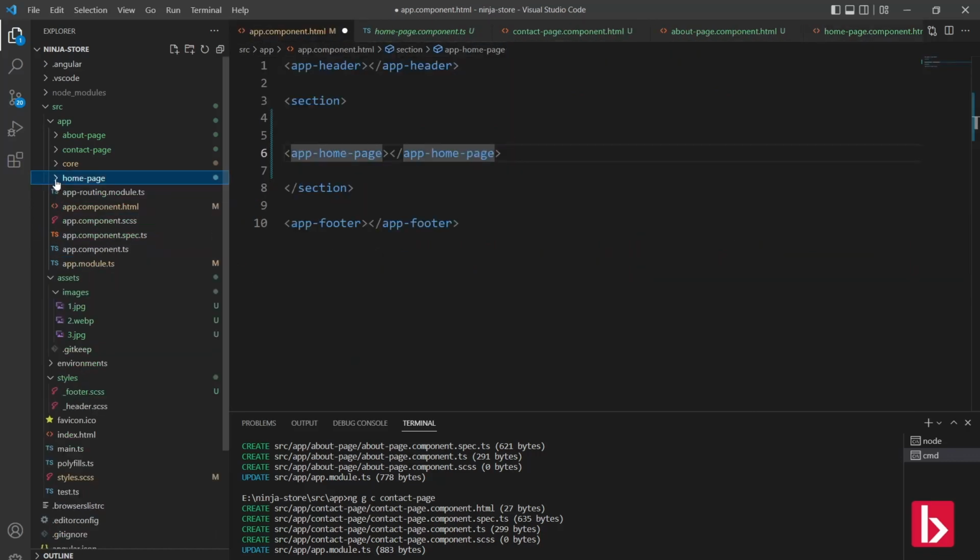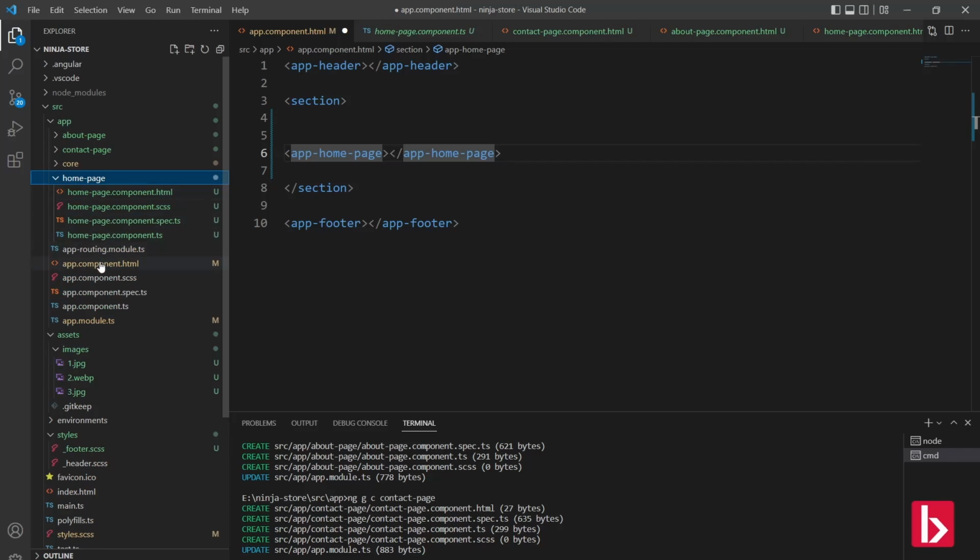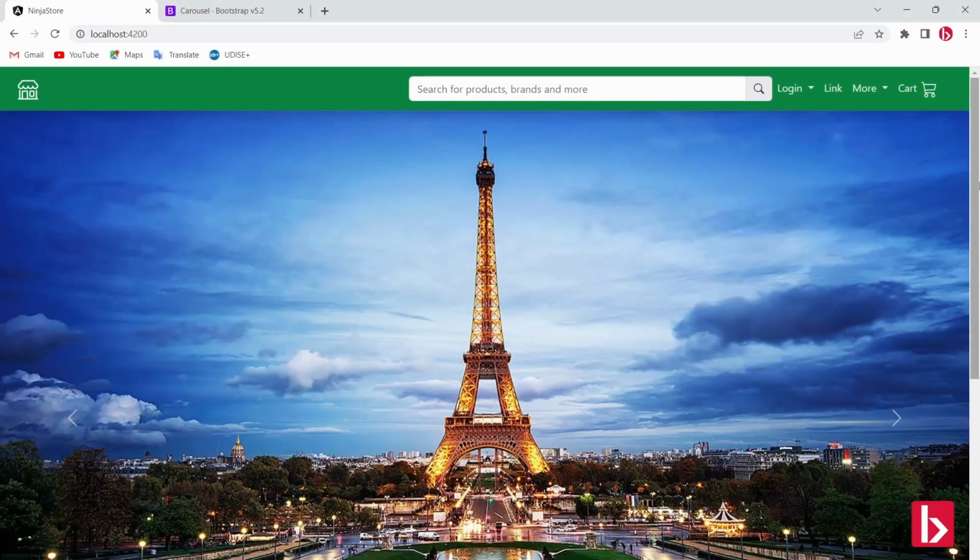We used this component selector inside the HTML file, so it will bring all of the HTML code inside this component and show it here. See, nothing is there. Once I save this, you see this has come,